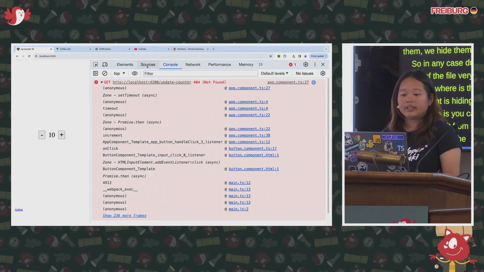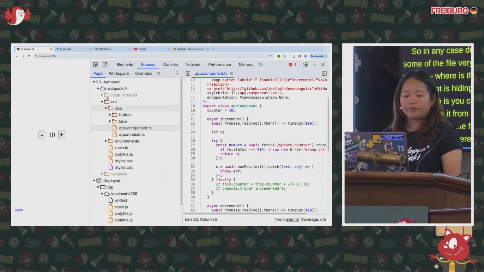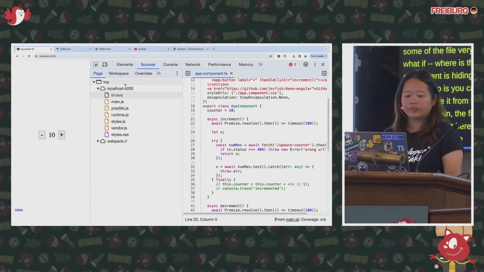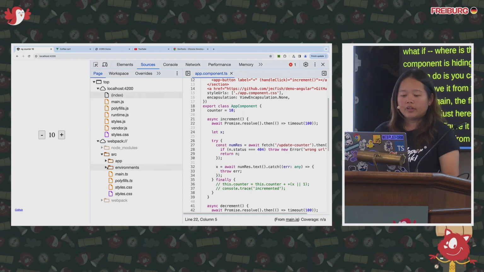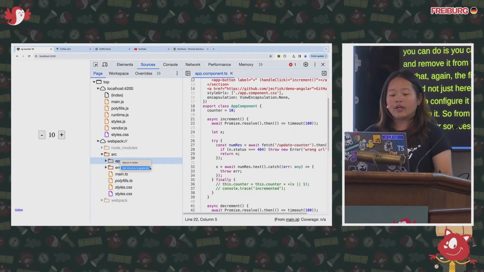And not just here, in your sources folder, if you want to configure it, in your page tree, let me just ungroup it. From here, let's say in your sources folder, you can right-click the whole folder and add the whole directory to the ignore list. If you have an asset, like a third-party asset folder, you can right-click and just ignore that.